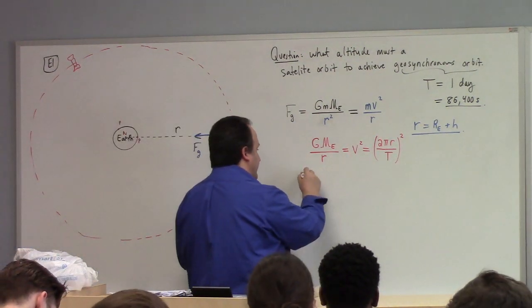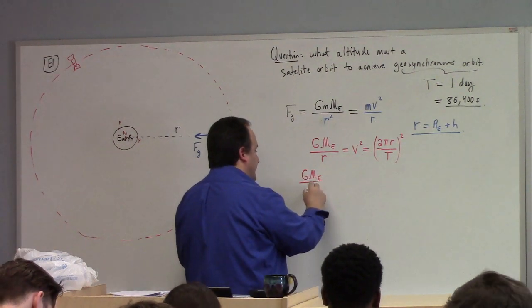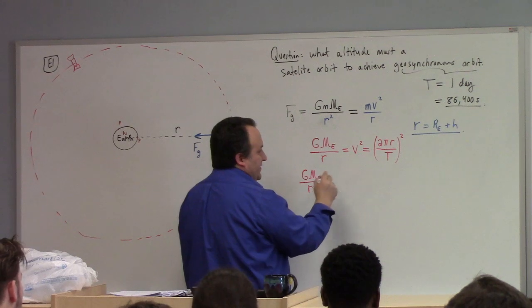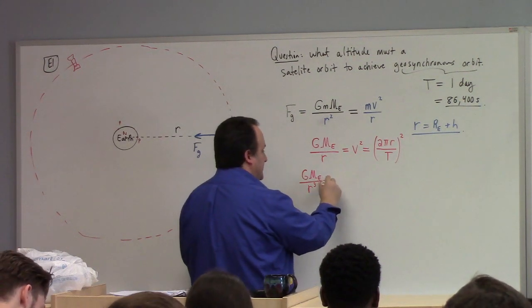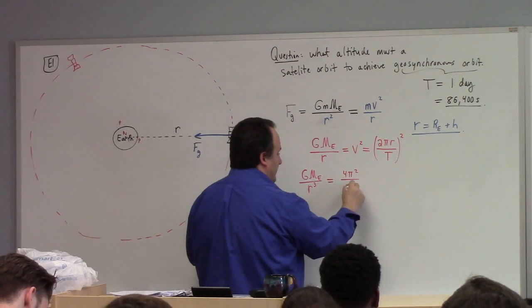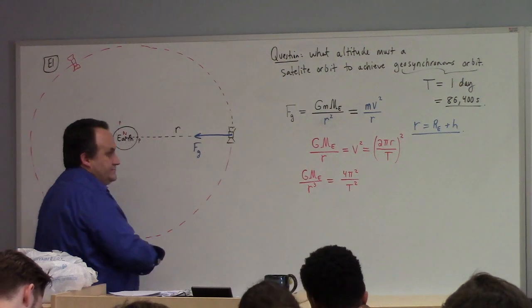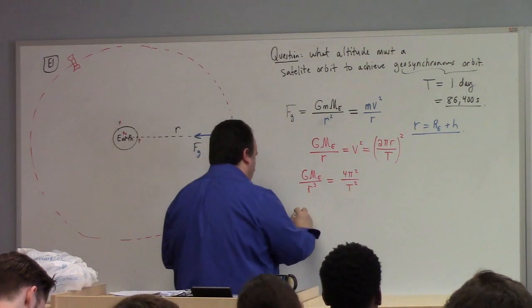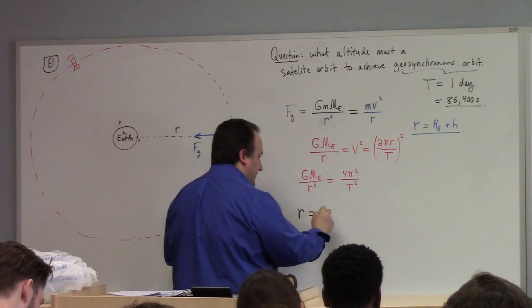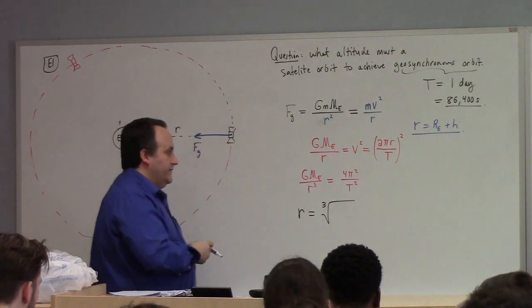Looks like we've got G times the mass of the Earth divided by R cubed equals 4 pi squared over T squared. So let's solve for R. What do we got? R is going to be the cube root of